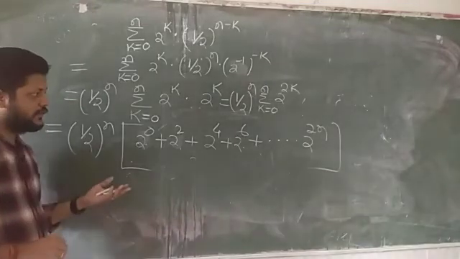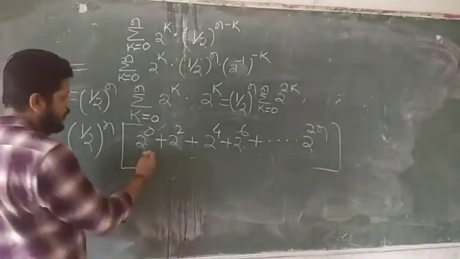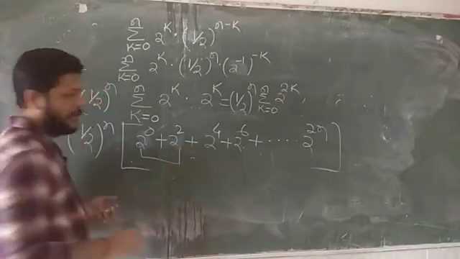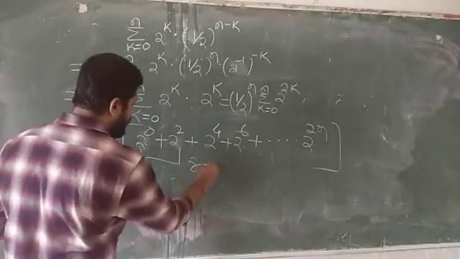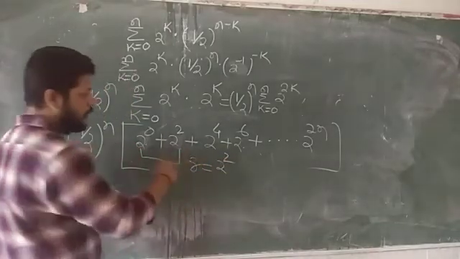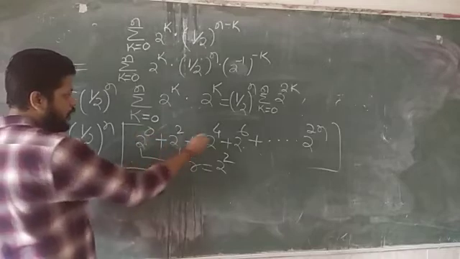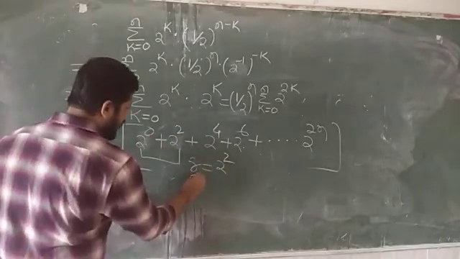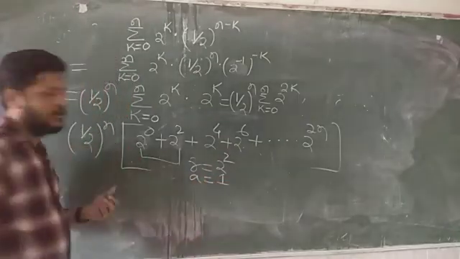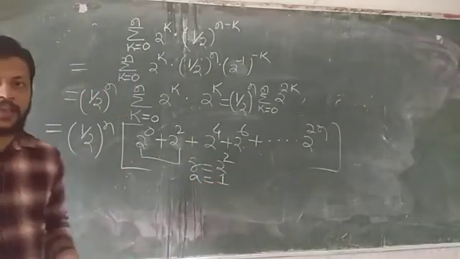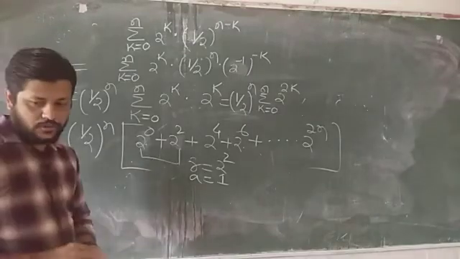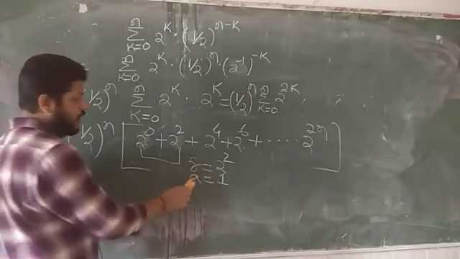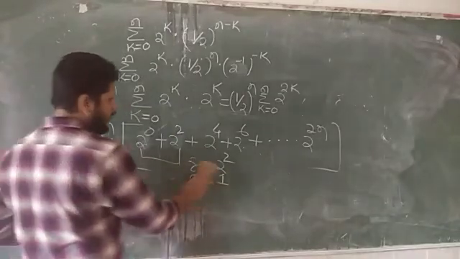So this is a series of GP. Why GP? Because you can see here the common ratio R. Just take the common ratio, we will find R value is 2 square. You have to divide like this, 2 to the power 0 divided by 1, 2 to the power 4 divided by 2 square. So the common ratio is 2 square and the first term here is 1. The first term here is 1 and this series consists of n plus 1 number of terms. So how to write this? This is a GP series and the common ratio, remember, common ratio is 2 square and the first term is 1.